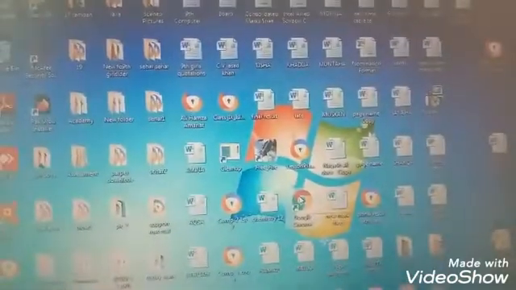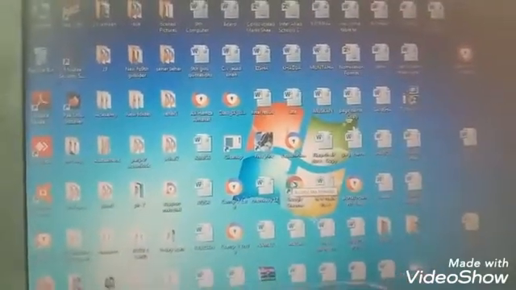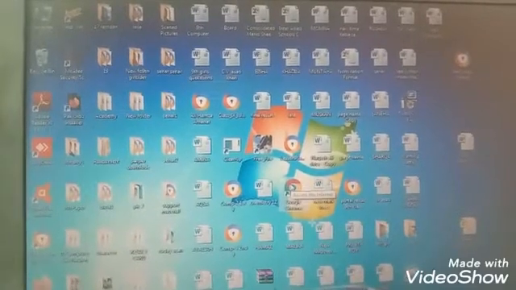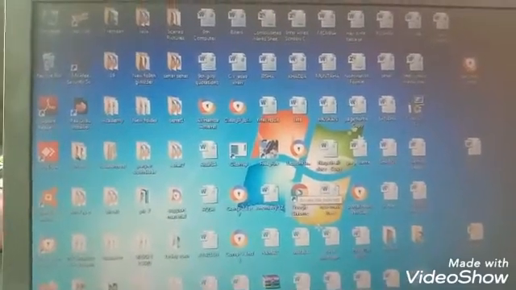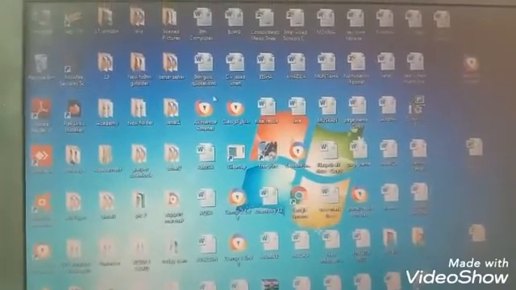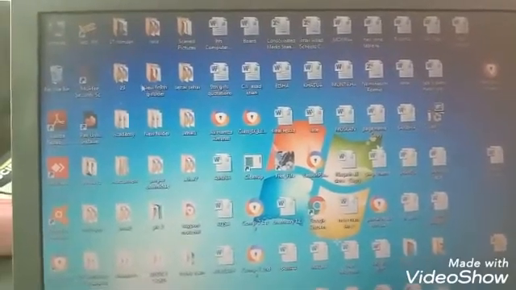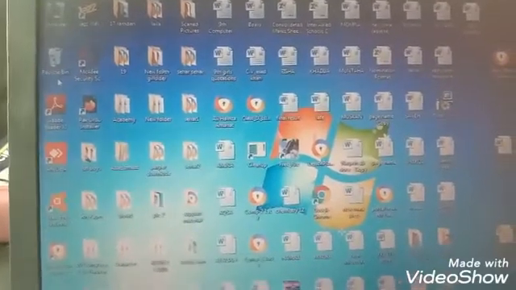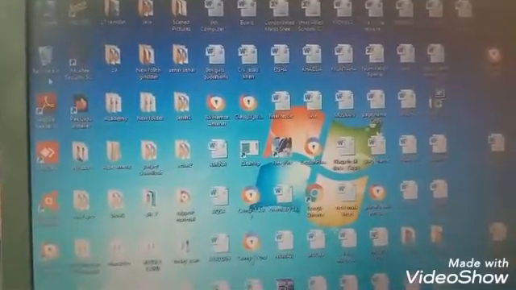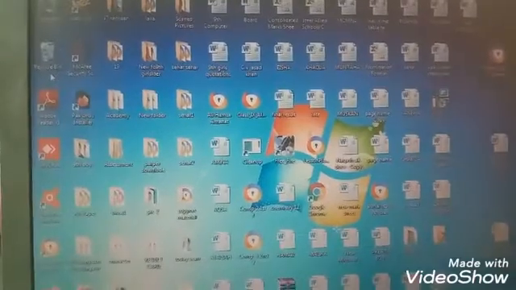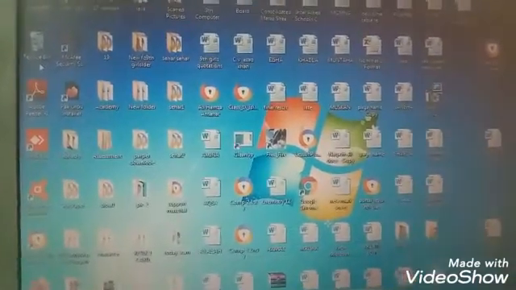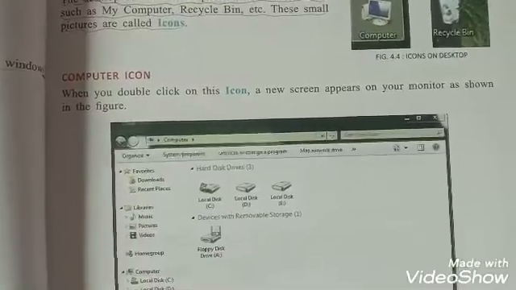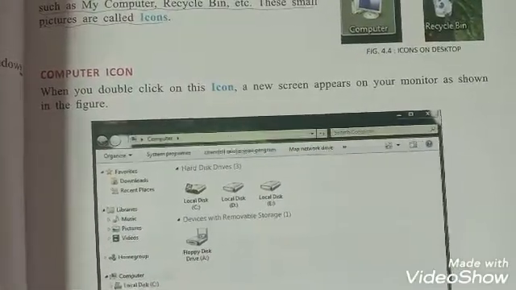When we click this button, a desktop screen appears on the computer. It contains different applications like computer, recycle bin, and other related apps. First we discuss about computer icon.